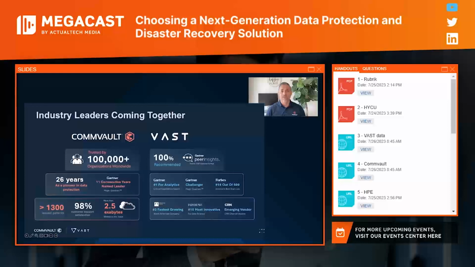When you think about the amount of data, as you mentioned, it's not about something anymore. It's about being able to recover an entire data center or an entire platform. We're managing over 2.5 exabytes of data right now under Commvault data protection, and we are trusted by greater than 100,000 customers. The majority of those customers are high-end enterprise customers, the top Fortune, if you will. So just this partnership and the introduction of these two companies, you're going to hear a lot more from both of us.